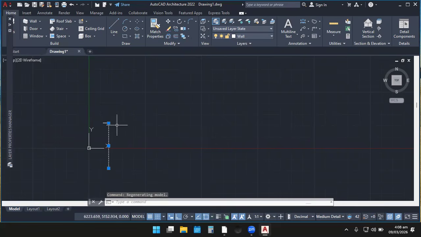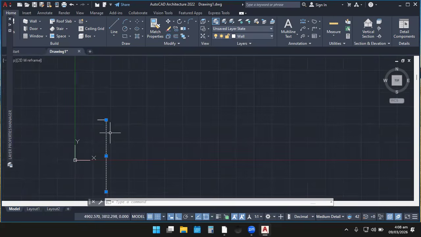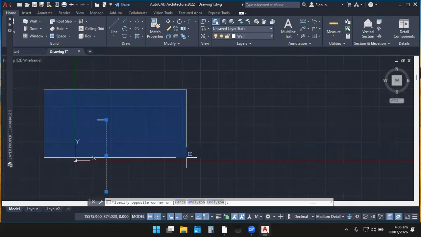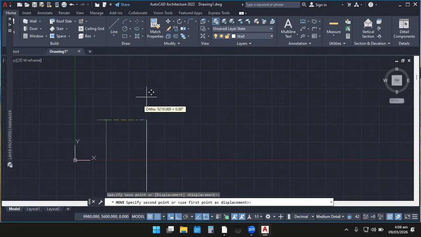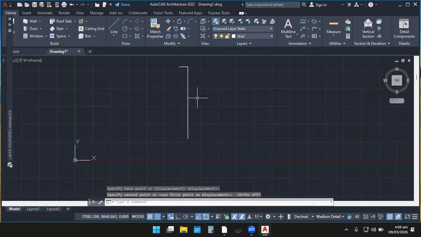When I select it, one part has been selected and one has not been selected. So what I'm going to do is use the blue selection window: you just click any part of the screen and drag to the right, then come down again, then you click. Now all has been highlighted. So I can come to the move. When I click on move, I can click any point and then move it anywhere. You see that it is not flexible because the auto is activated. Once I turn off auto, I can move it anywhere I want. You see, now I've brought it to the top.